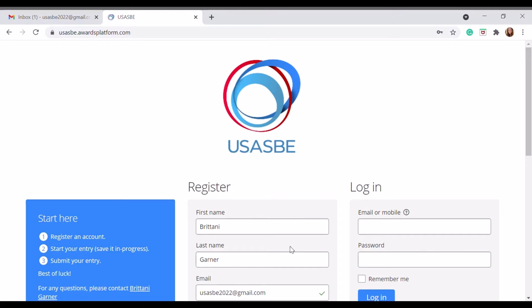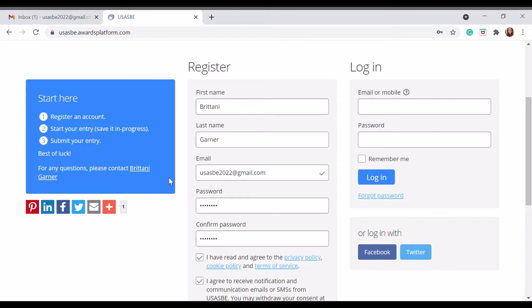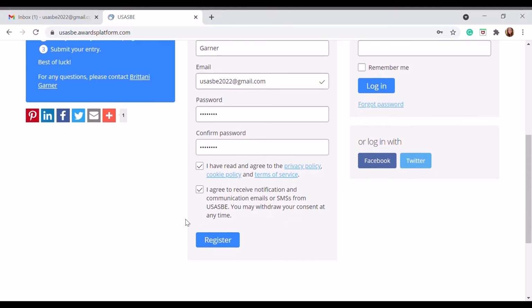Today, I'm going to walk through a brief tutorial on how to submit to USASBE 2022 Pioneer and Persevere. To begin, you will want to go to the award submission platform website, usasbe.awardsplatform.com. To register for the website, you will fill in the center column with your name, email, and selecting a